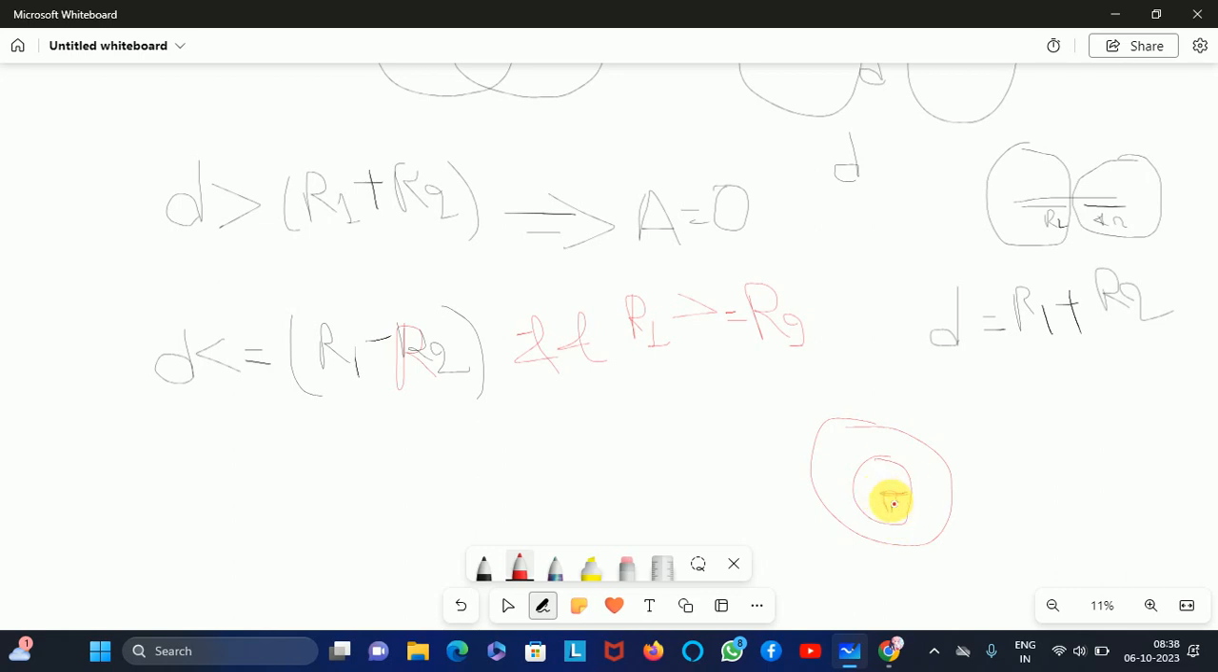Radius of this circle is R2. So in that case the common intersection area will be this only, this area of section. So what the area is, pi R2 square, simply. And similarly